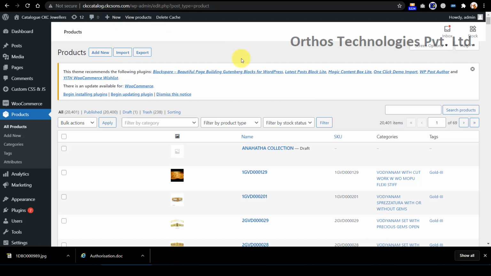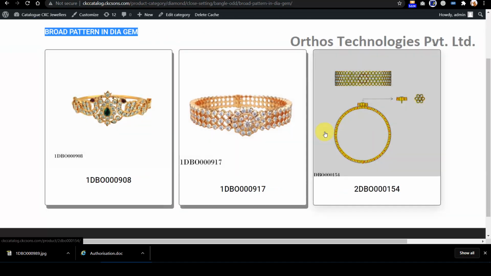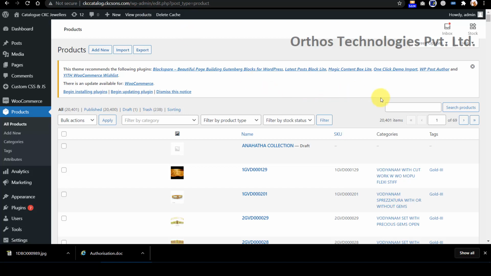For this, first we will export a particular category, so that we can have a look at what all fields are there within that particular category. For example, let us take this particular broad pattern in dia gem. We'll export this particular category because there are only 3 products within this. So go to export,